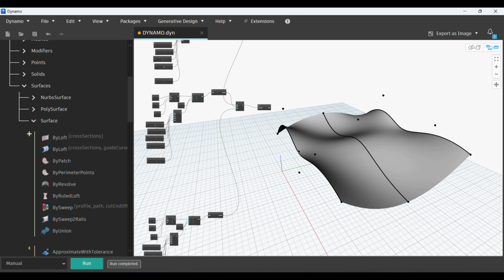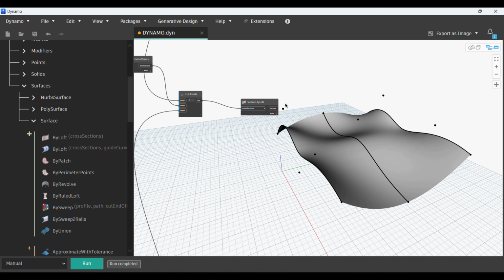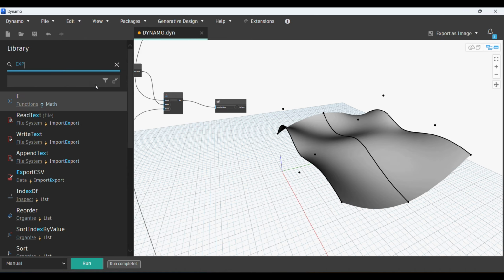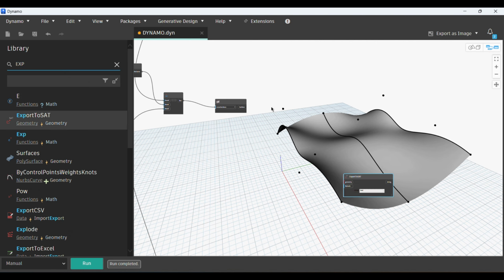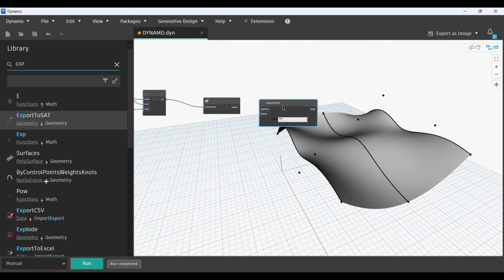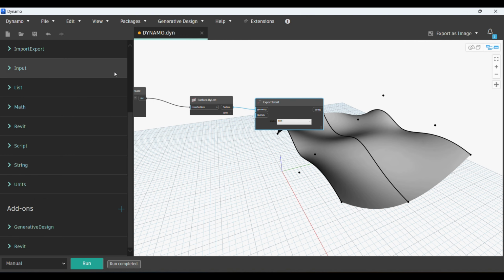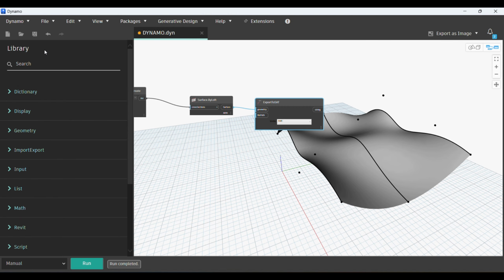time, the video is getting too long guys, so I'll just export it to a format called SAT. I'll just go here, export. I'll just export to SAT here. I'll just go here and then give the surface as geometry, and the file path, we'll just use the file path option just like we used earlier,